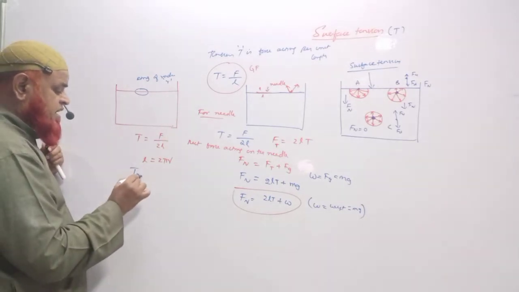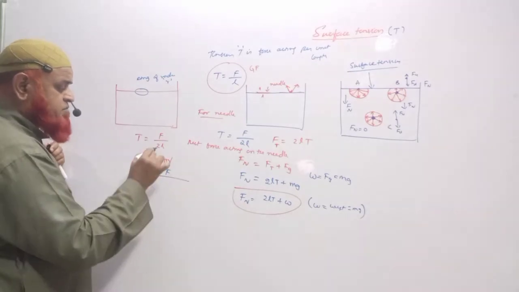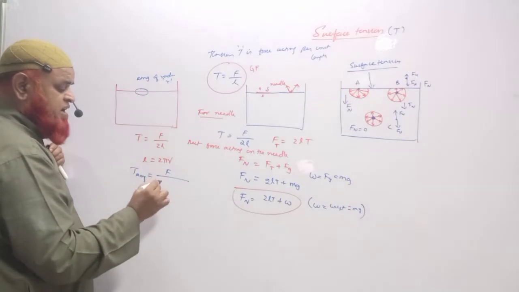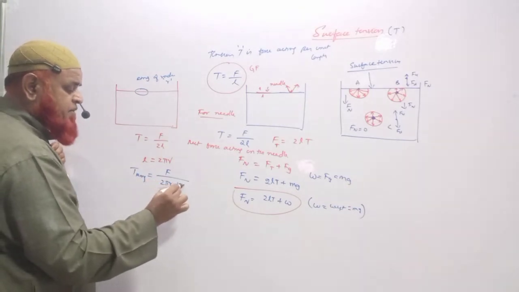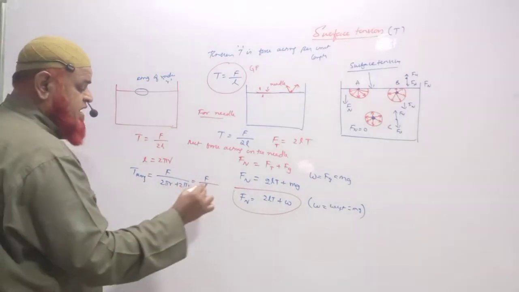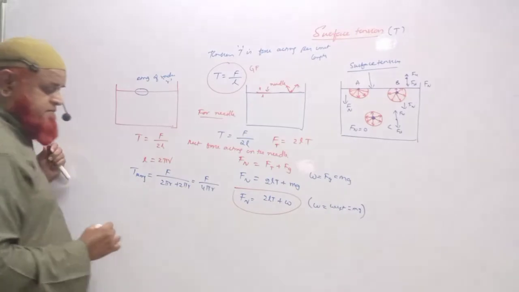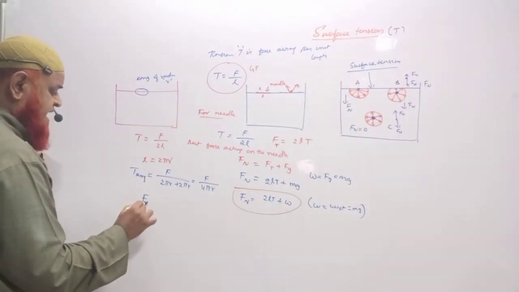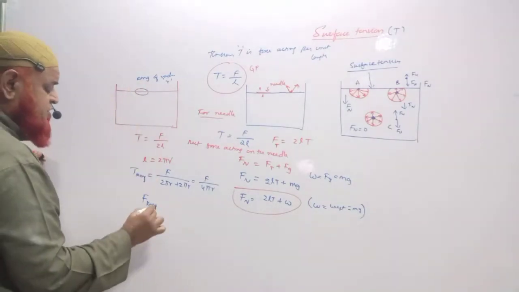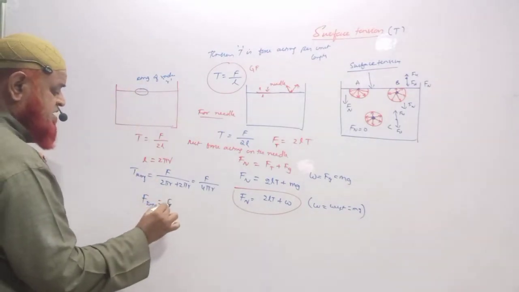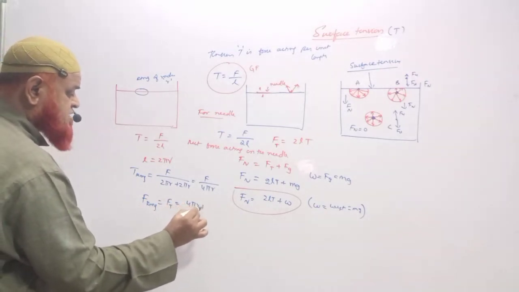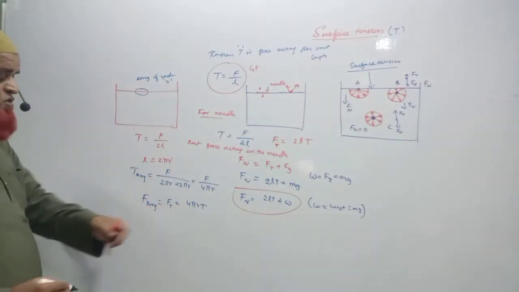Tension on the ring can be taken as force by, for a needle, L plus L, that is 2L. For a ring, it is going to be 2 pi r plus 2 pi r. Sorry, this is the circumference. So it is going to be F by 4 pi r. Therefore, the force acting on the ring to hold the ring due to surface tension, which is due to tension, can be given by 4 pi r into T. This is called the force due to tension.